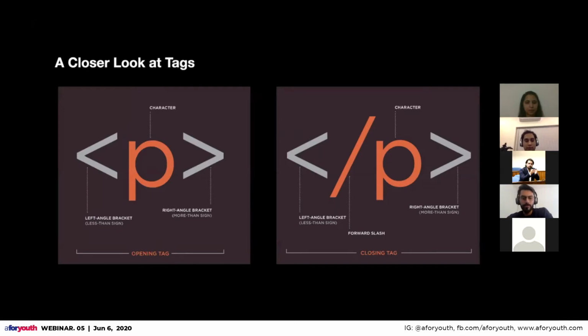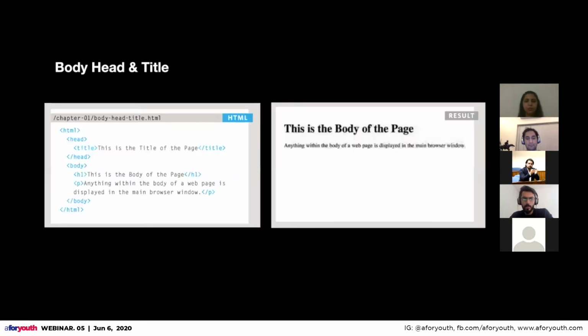It is called an opening tag, and then there is a closing tag. The closing tag has one more thing, which is called a forward slash, and it closes the opening tag. And yeah, I guess it's pretty self-explanatory. If you guys want to know more about it, let me know.